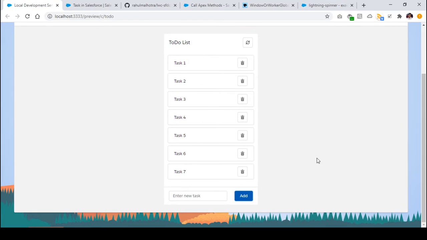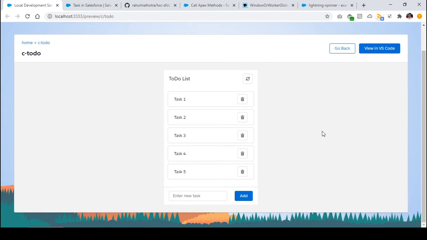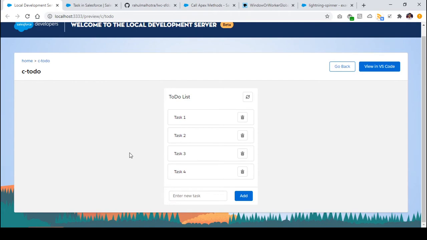And in case I'm deleting a task, let's say I deleted task number 6, I'm showing a spinner and task 6 is deleted. In case I'm deleting task 7, I'm showing a spinner and then my task 7 is deleted, right? So this is a better user interface, I can say, where the user is not confused. It is shown to the user that processing is going on, the task is being deleted. So you can actually wait and then you can see this, right?